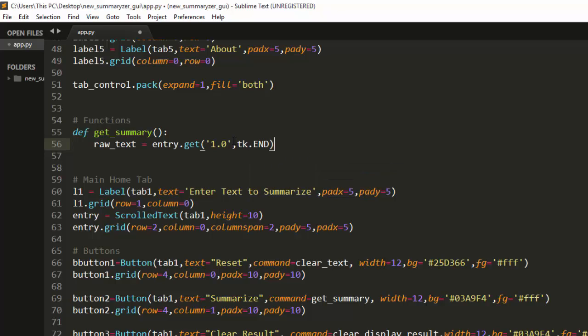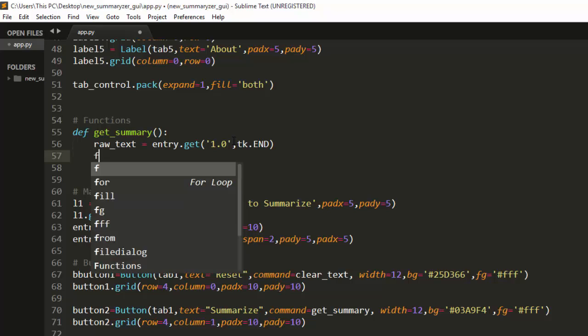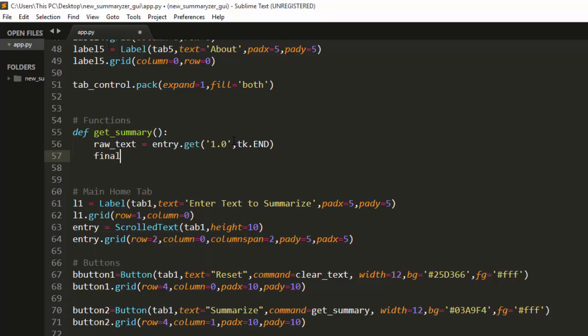So we are going to get our text, and the next thing we need to do is get our final text. So final, and that's our text. Then we're going to supply that text to a particular function. So let's go to raw text. Perfect. This is where we're going to be doing all the calculation, all the mathematics or